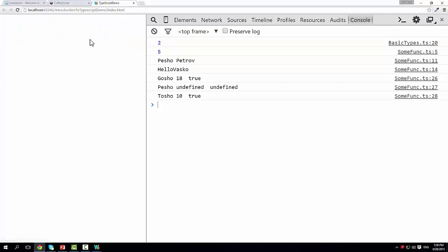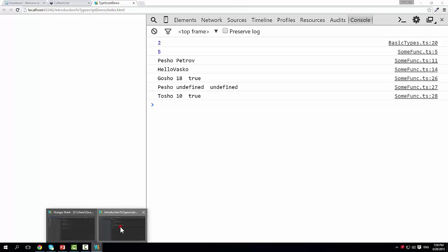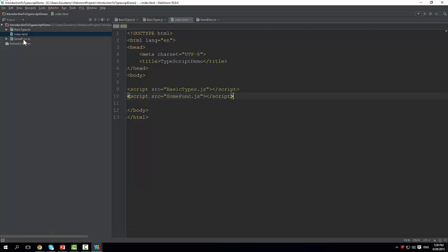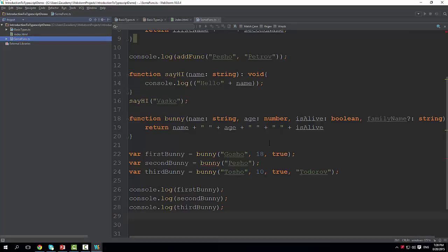So when I go here, so this is what happens. First two bunnies are okay. I mean first and third, sorry, are okay, but Pesho is undefined, and this is because I have only one parameter and I'm required to put 3 in total. If I make them optional,